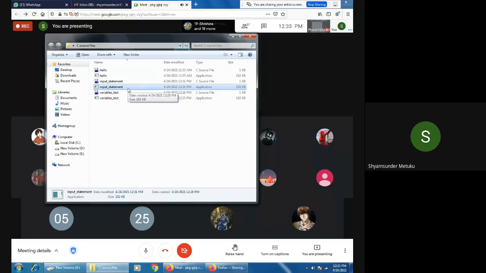Now somebody can take this executable file in the pen drive and go to any computer where Dev C++ is not available. So only the exe file, meaning the exe file is like an application-oriented file. So the user can get the final executable file. When we are the designers or developers and a client comes to you and asks you to write a program for addition of 2 numbers, you don't give a source file, you give only the application file, so that he can only use it, he cannot modify it. Is it clear to all of you?